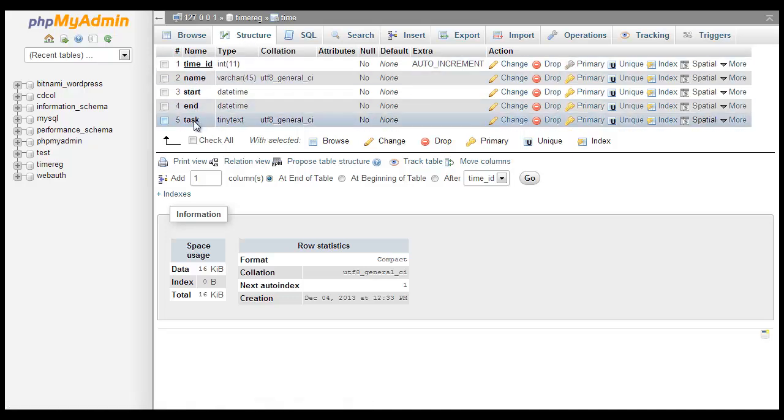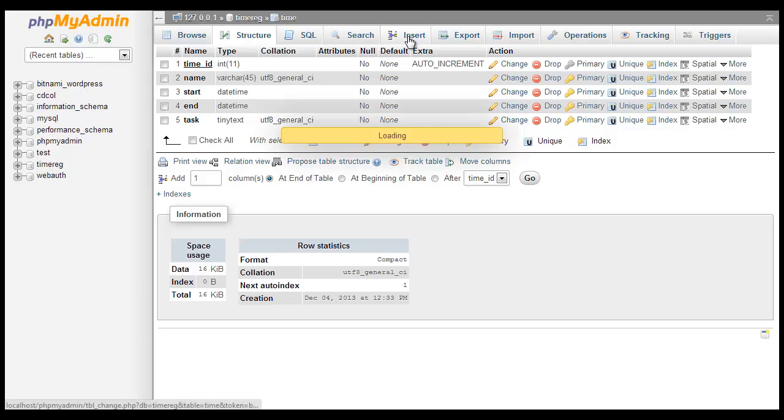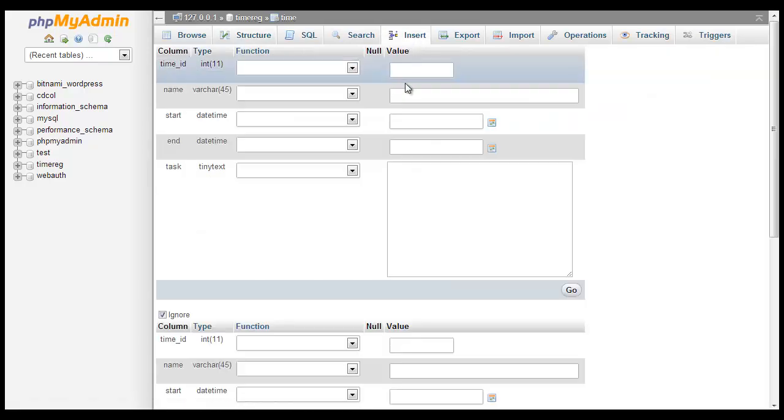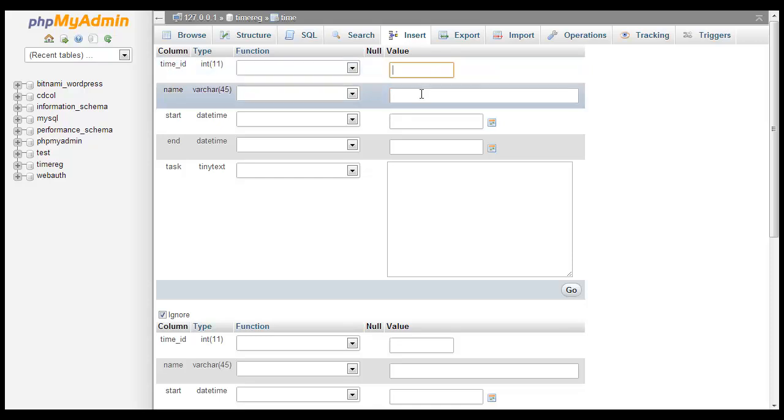Now whenever I start with a project like this, next step is we want to manipulate the database and show data, etc. And to see that working, we need to have some data to show. So already now I'm going to insert some data. So time ID, we don't need to insert anything here because that's auto increment that will be created for us. Name, we will